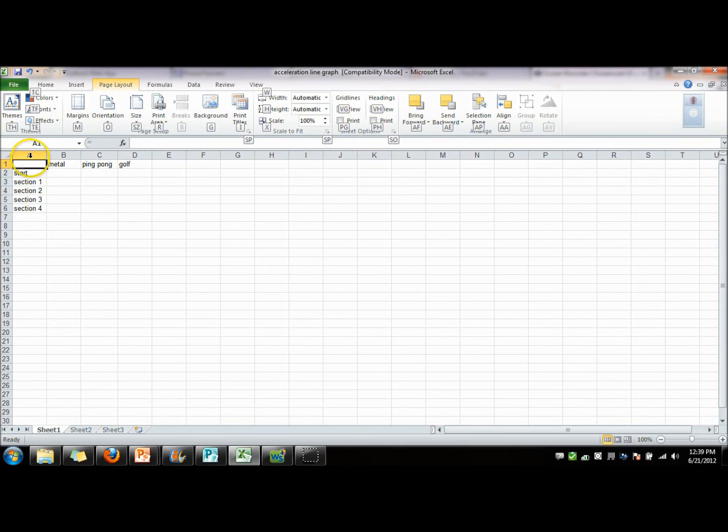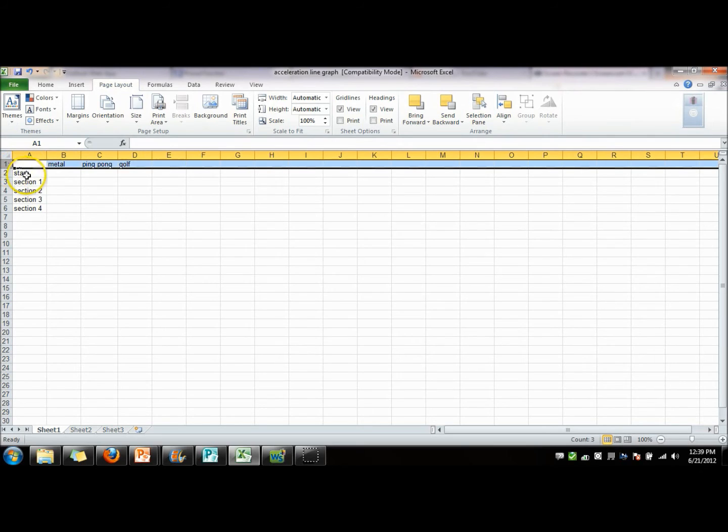In column A, row 1, leave the box blank. Right underneath there, you want to type in start, section 1, section 2, section 3, and section 4. This essentially represents the amount of time it took for the ball to roll down the ramp. But remember that we found the speed at each of these 4 places. Then across the top, still in row 1, you're going to type in steel marble,